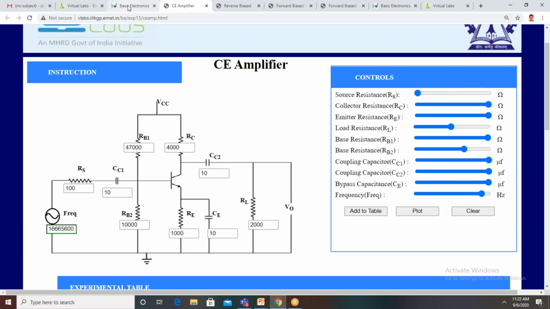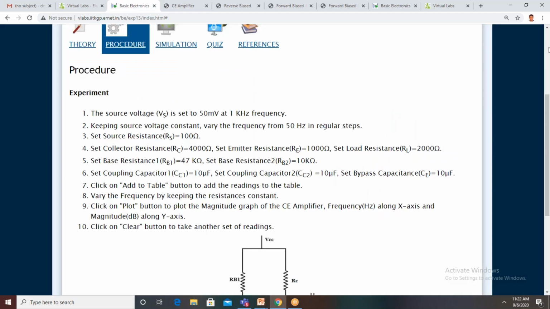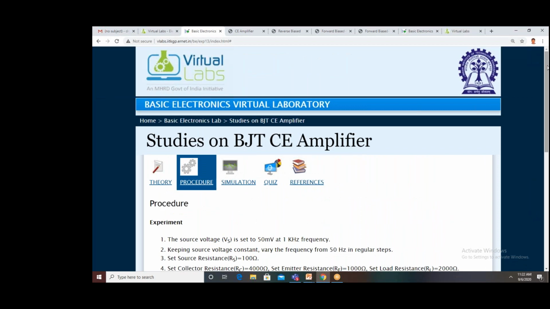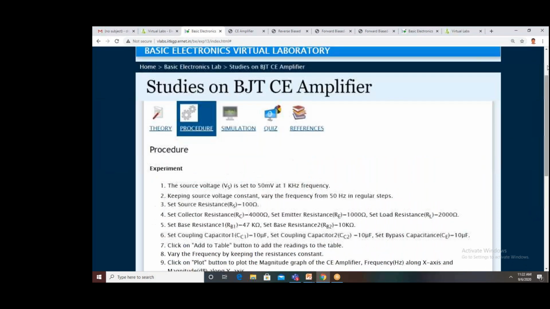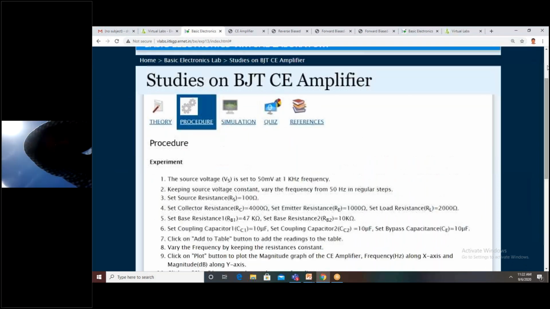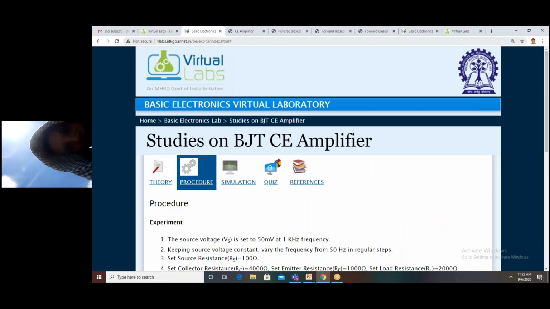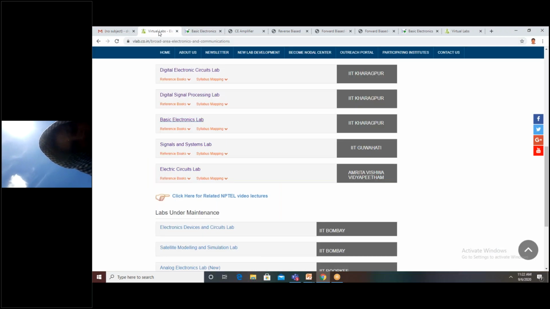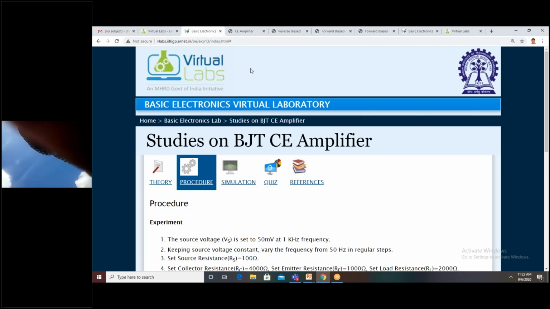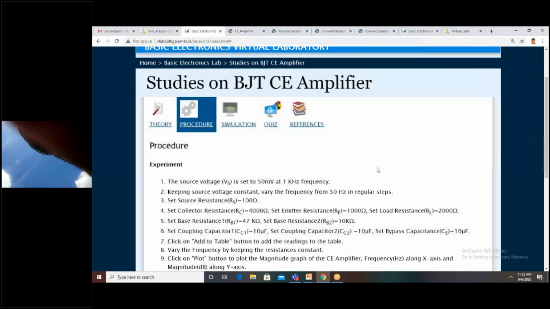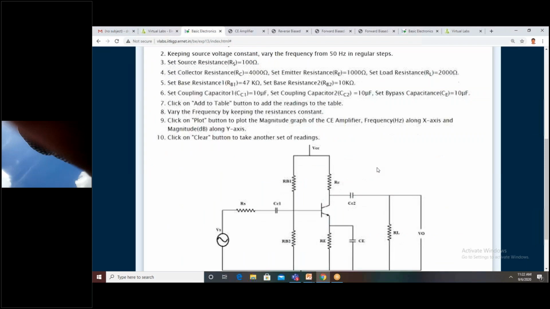From the student side also, if you have any doubts, you can ask. They haven't yet reached amplifiers, sir. They are still on diodes. Just connections, sir. Regarding connections and procedure, if you have any doubts, you can ask me. Sir will explain the theory part in the classroom.